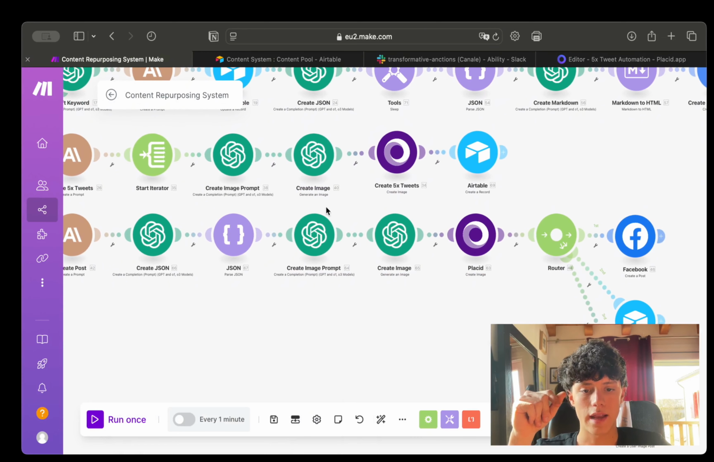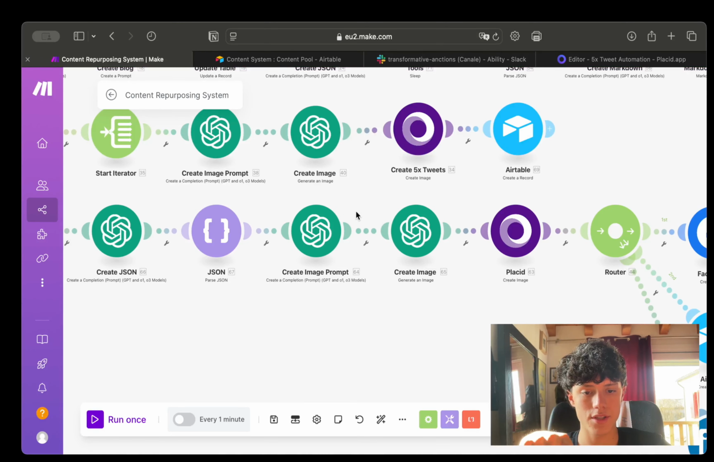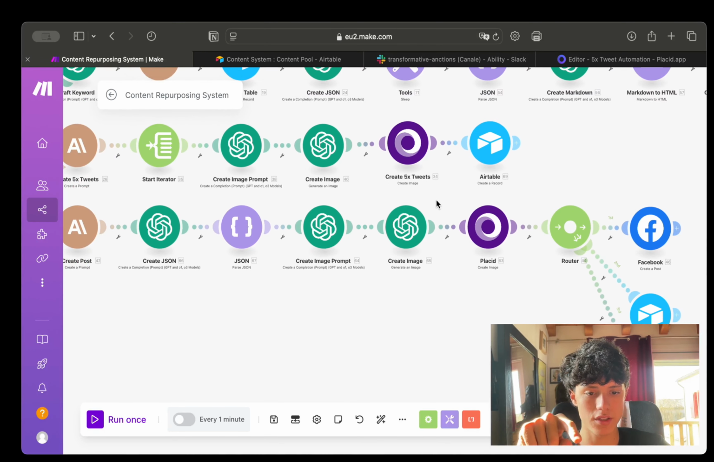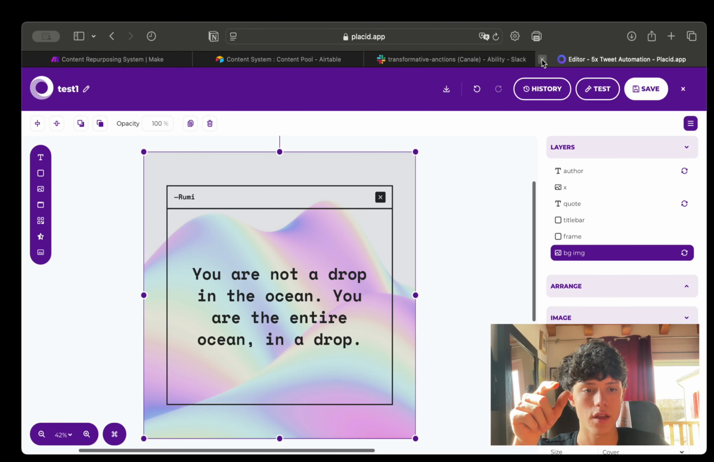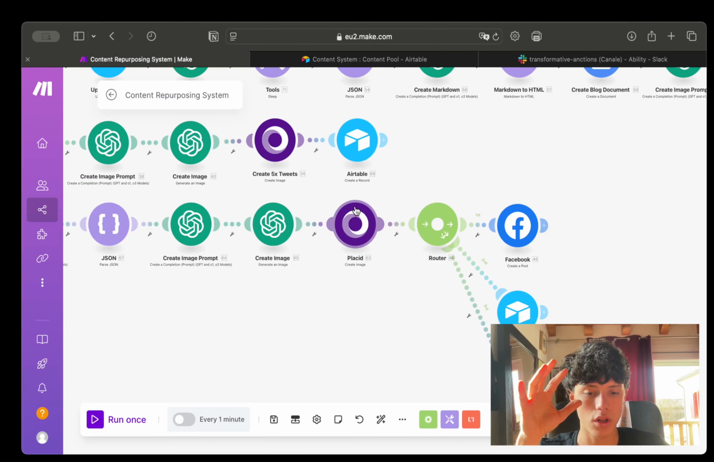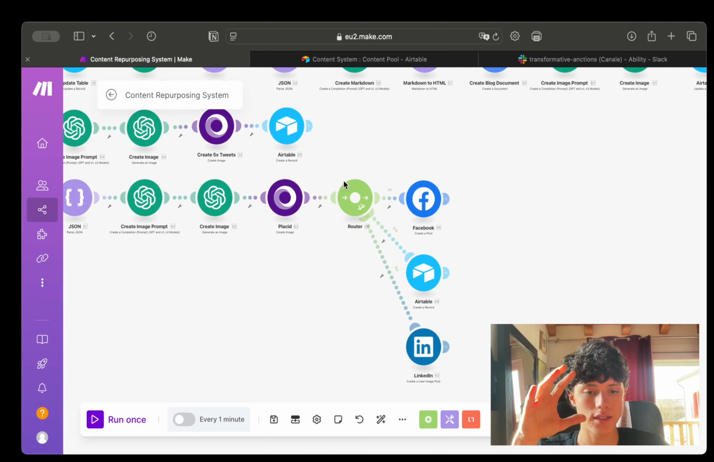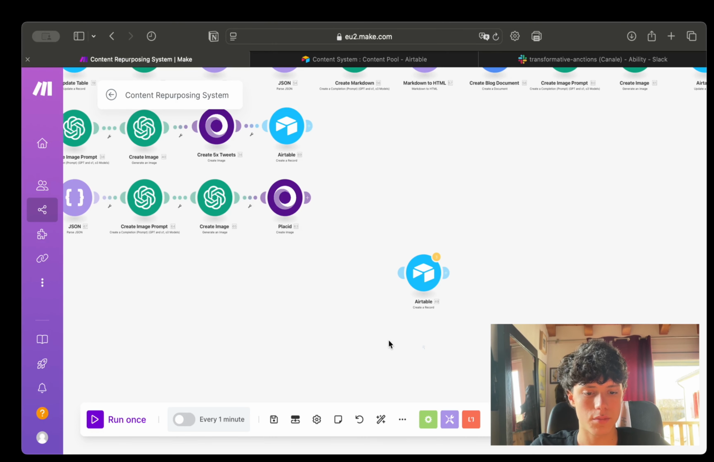And then again, same as the previous route, you firstly create the prompt for the image, and then you feed that prompt into the image creator. And then again, a Placid module with a different template creates the actual content that we are going lastly to publish out into Facebook, LinkedIn. You can add Instagram, X, or whatever, but really to be honest, I would cancel out these modules right here